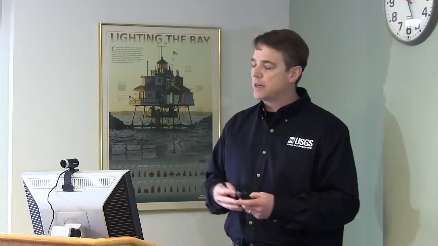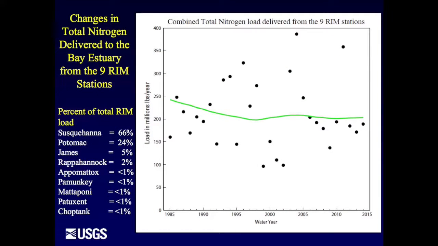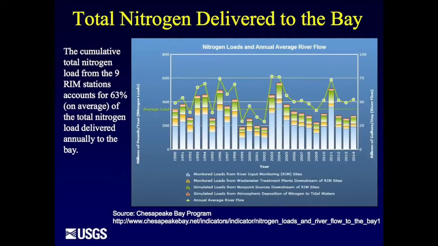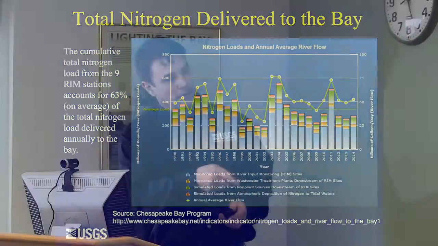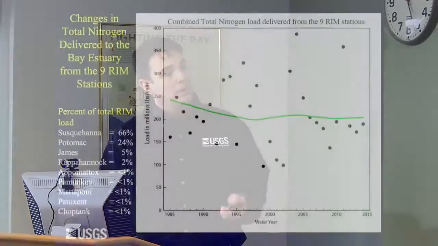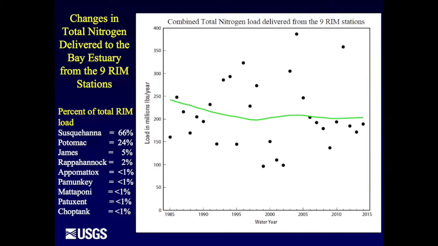So the question is, what is the trend within that load being delivered to the bay? We still turn back to what we're getting out of WRTDS. What we've done here is add up all of the loads from the 9 river input monitoring stations, and they're each represented here by the black dots, which are equivalent to the blue bars on this plot. Again, we see considerable variability within that load. We see the effects of dry years and wet years, and through WRTDS we can integrate out that variability and identify the overall pattern in the load being delivered to the bay.